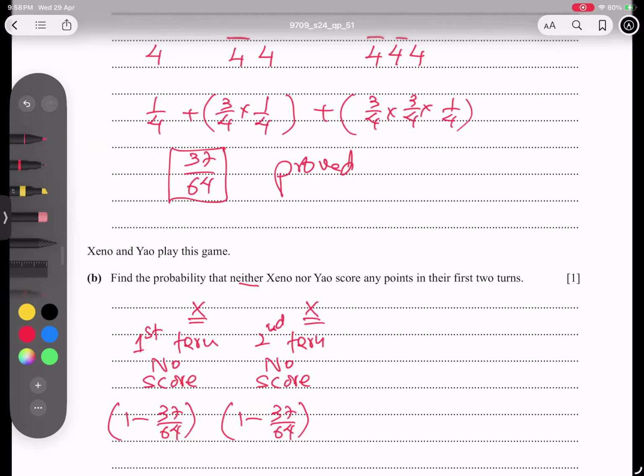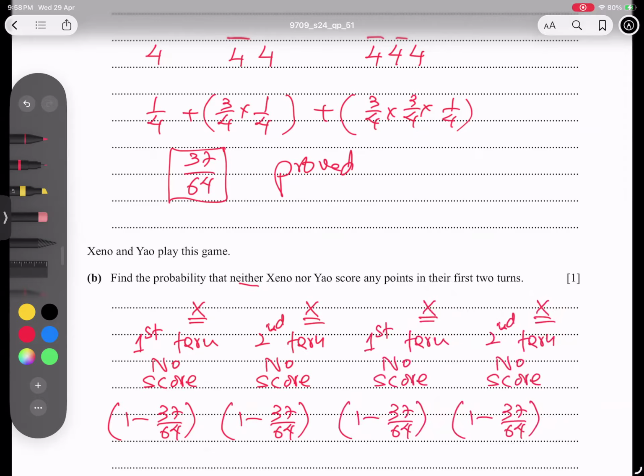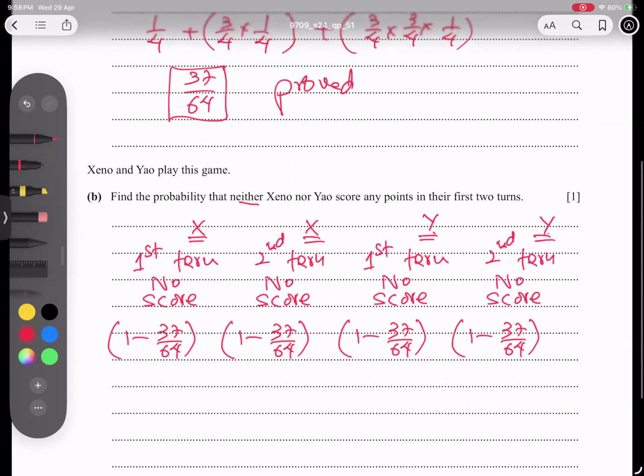Now in the same way we can go for the Y person. How can we do it now, students? I think it is very clear. Copy and I'm pasting, saving my time. Okay, this is the story. Now we talk about Y. So Y's first turn, Y's second turn. I think this idea is clear, and we have to multiply because this is just like a branch. We can write all together 1 minus 37 over 64, to the power 4. And the answer